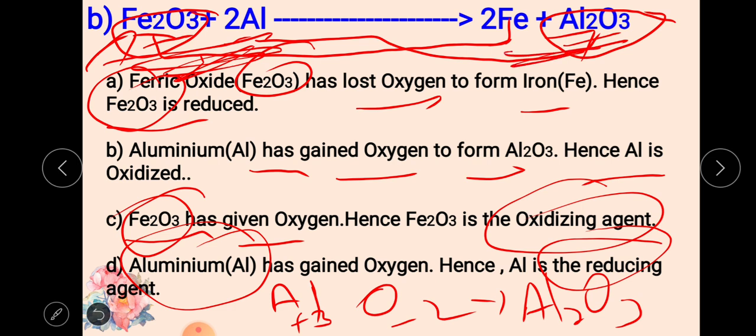Okay, I think, to understand better about the oxidizing agent, the reducing agent and oxidation reduction reactions: when both oxidation and reduction reactions are found in one equation, we can call it a redox reaction. So we can call it a redox reaction also, because both oxidation and reduction can be seen in a single equation. So it is an example of a redox reaction. I will give some more examples in a worksheet so you can understand better.